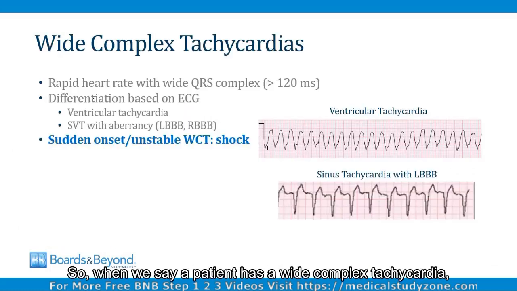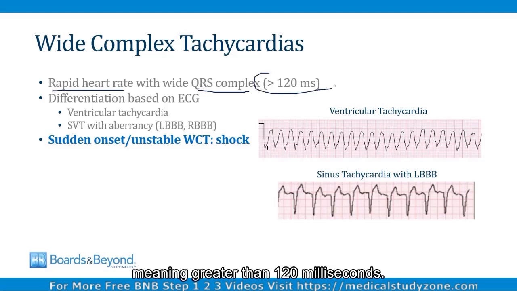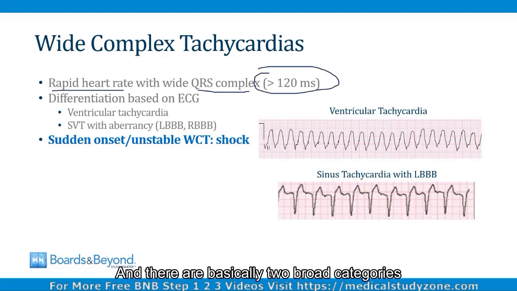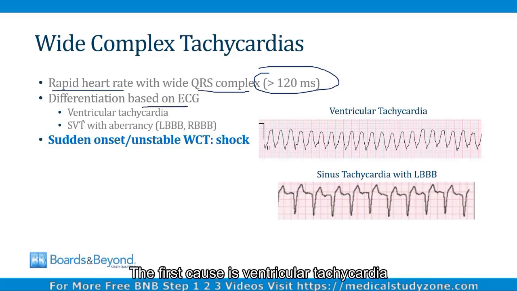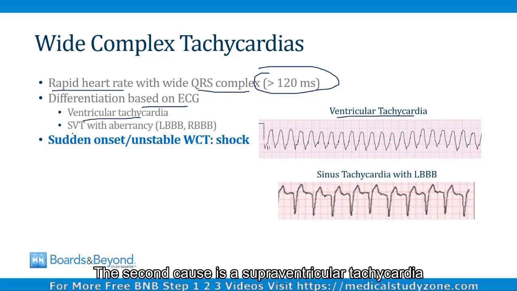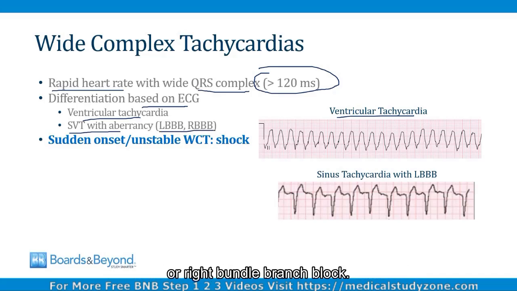So when we say a patient has a wide complex tachycardia, we mean that they have a rapid heart rate and a QRS complex that is wide, meaning greater than 120 milliseconds. And there are basically two broad categories of causes of wide complex tachycardias, and you can differentiate one from the other on the ECG. The first cause is ventricular tachycardia, like I've shown on the slide here. The second cause is a supraventricular tachycardia with an aberrancy like a left bundle branch block or right bundle branch